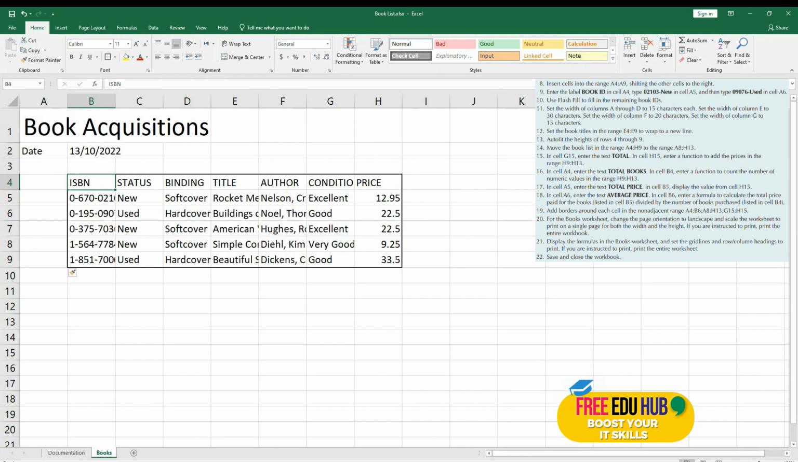Now enter the label book ID in cell A4. So this is cell A4. We'll enter book ID over here. So your book is saying that go to cell A5 and enter 02103-new, and then in the next field enter